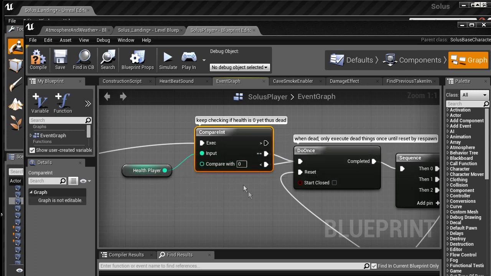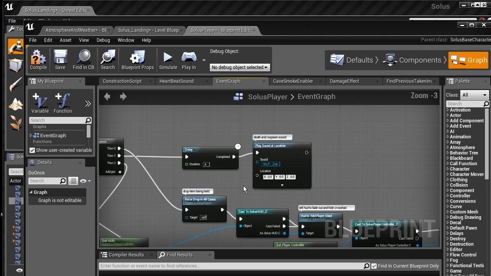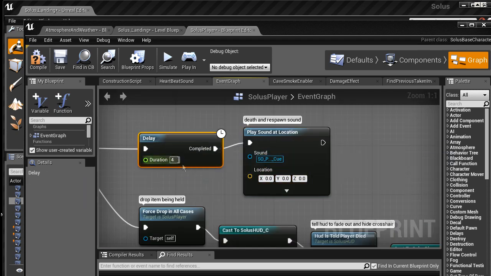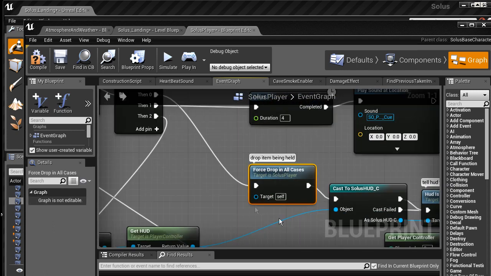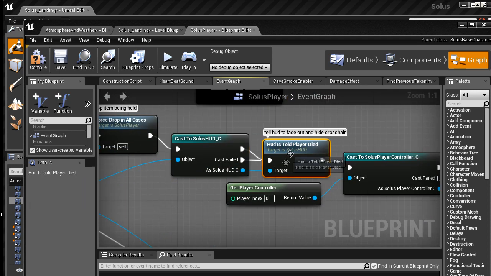He keeps checking this all the time to see if it's not yet 0. If it is 0, it means you're dead. And if you're dead, then after 4 seconds he's going to play a respawn sound. He's also going to drop whatever you're holding. The HUD will be told you died, and the HUD itself will then start to fade out